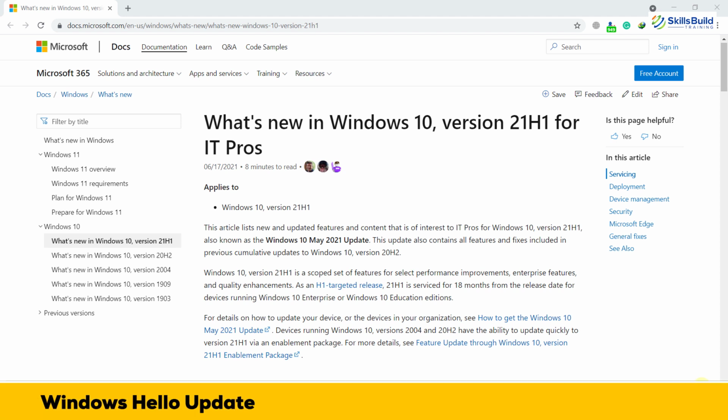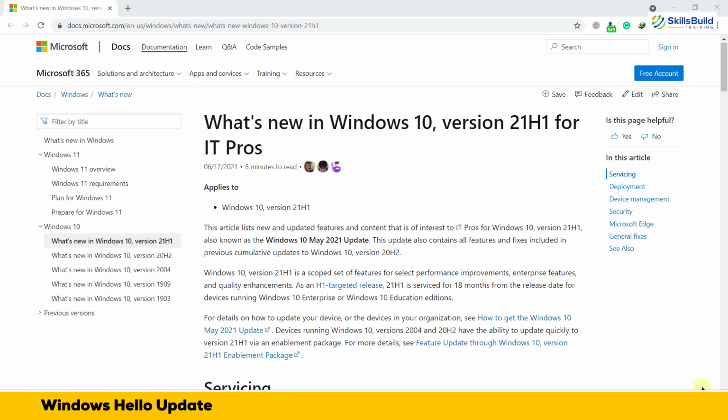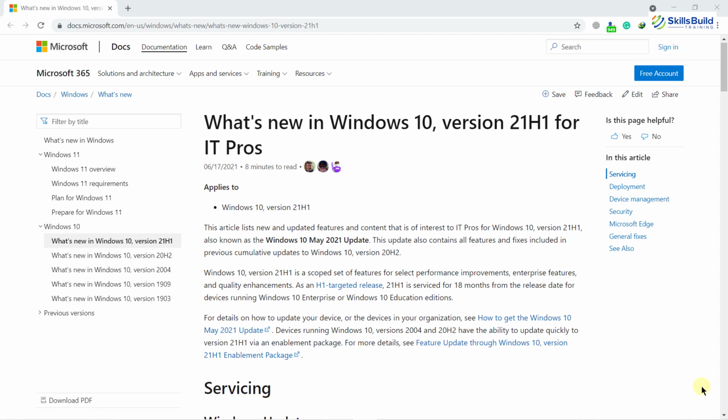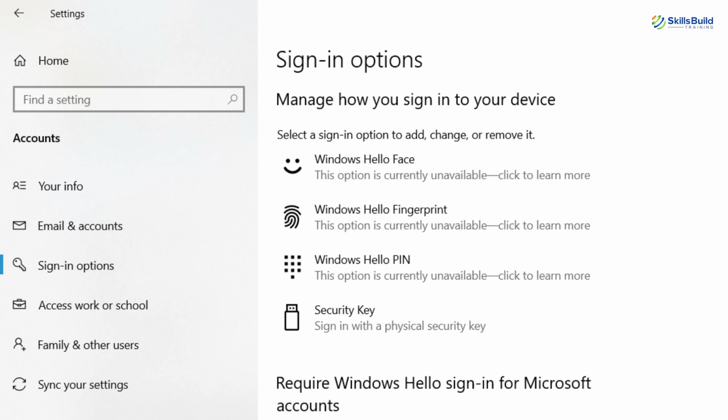The first update which Microsoft has done is an update in Windows Hello multi-camera support. Let me show you what I am talking about. As you can see on your screen, we have multiple sign-in options. Here we have Windows Hello Face, then Windows Hello Fingerprint, then Windows Hello PIN. With the help of this feature, we can sign in, or you can say log in, to our system, and now we are allowed to choose an external camera when both external and internal Windows Hello capable cameras are present.